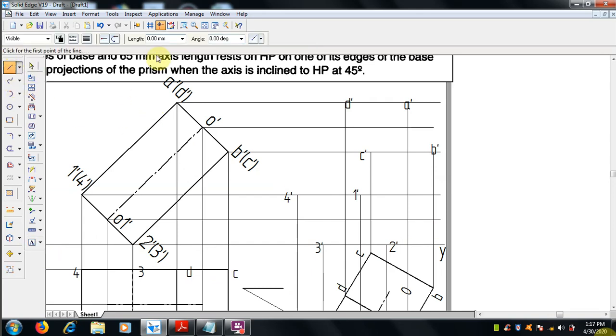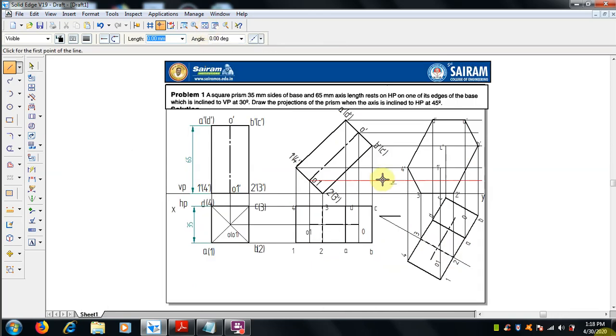Okay, the first step, we can draw the overall boundary. Also we can draw it by selecting 0.5 mm. If you want, we can just take here 2, and this is the end point B, A, D, 4, 3. So we will get the overview of the solid. This is the maximum, the outer area.